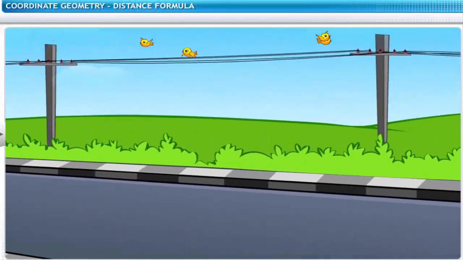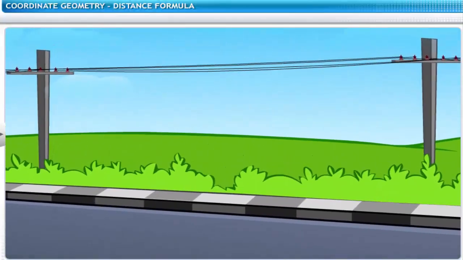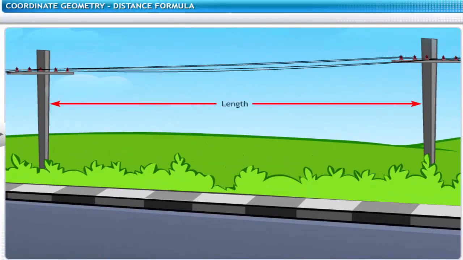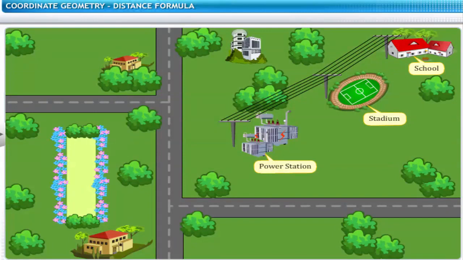We often see electric poles set up at regular intervals alongside roads. To determine the length of the cable between two electric poles, you measure the space or the distance between them. Consider a situation where you need to determine the length of cable required to lay electric lines between multiple points